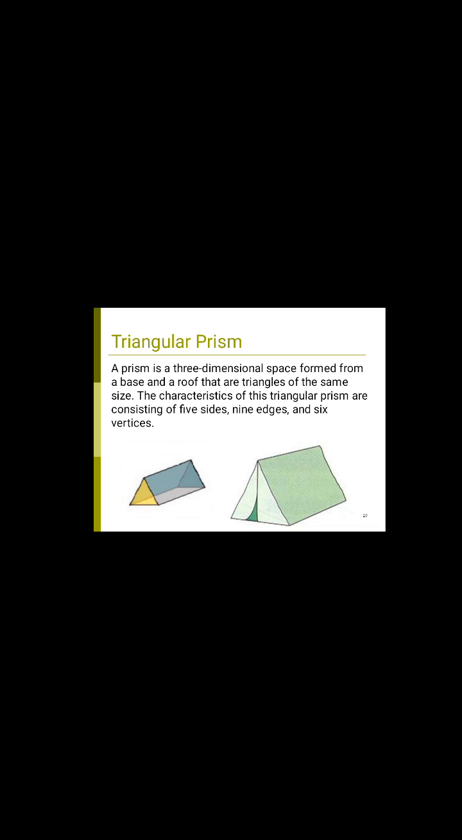Next, triangular prism. A prism is a three-dimensional shape formed from a base and a roof that are triangles of the same size. The characteristics of this triangular prism are consisting of 5 sides, 9 edges, and 6 vertices. So, the properties of a prism